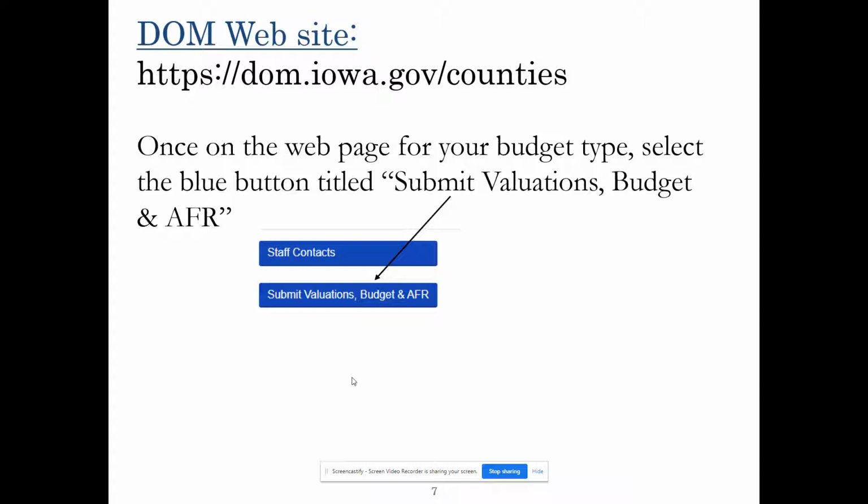So in order to access the forms, you're going to go to our website. Now, for years and years, what you've done is go to our website, and we have an Excel spreadsheet that you would simply download to your machine. Looks just like your budget summary page, and has that information. You plug in your budget information, what you're amending. It does a simple calculation to reflect the budget after amendment. You would publish that and adopt it, and you would submit it, usually scan and email it into Department of Management. So we're getting away from that Excel spreadsheet now.